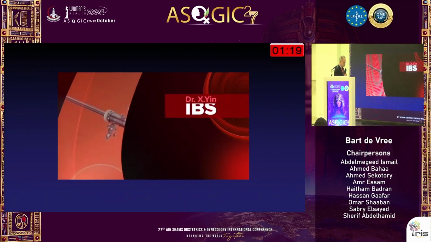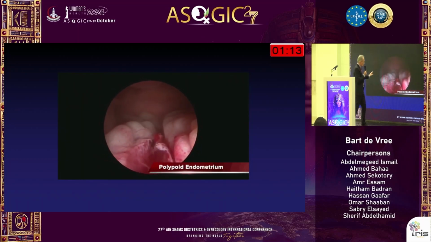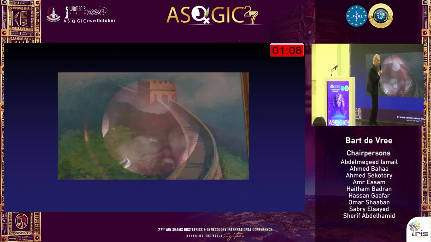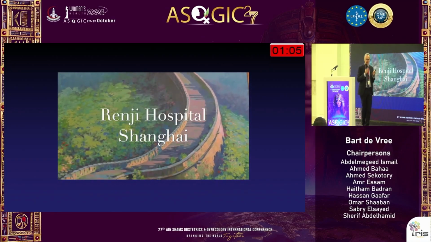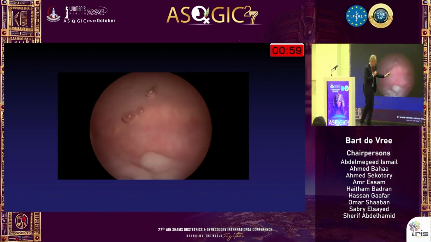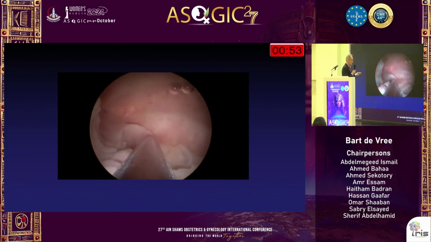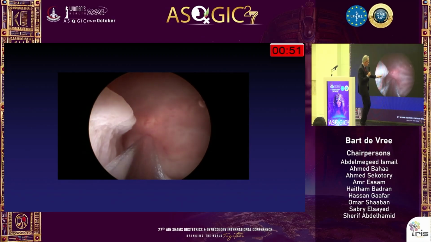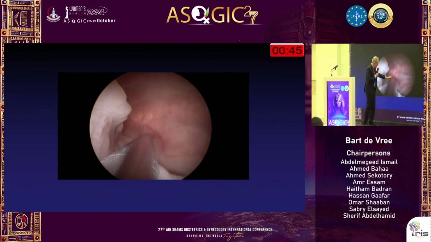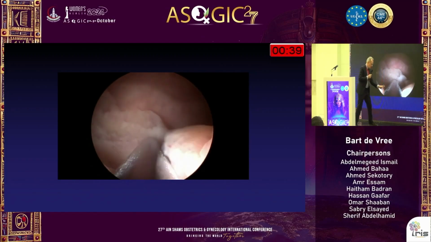And I will just show you what is possible maybe in the near future. When we look at this polyploid endometrium, it's really rather difficult to say where to take the biopsy, but with these new shavers, it would be possible, as you see here, to introduce the shaver, possibly in the outpatient or in the office, and then this is the big difference with the small resectoscopes, that you can actually shave this endometrium, this polyploid endometrium, and the suction will